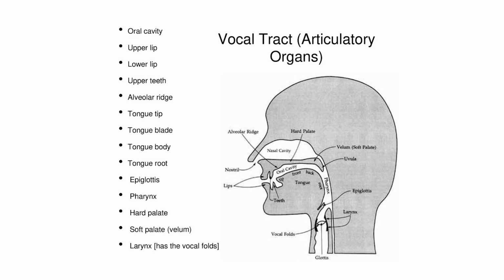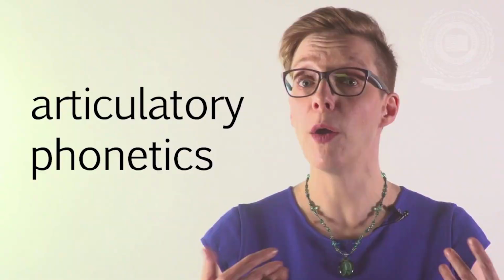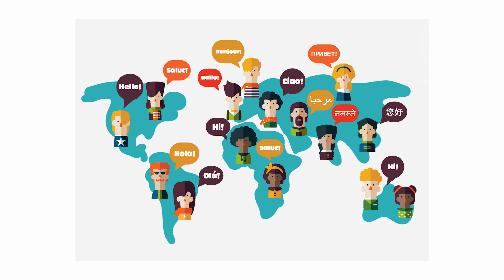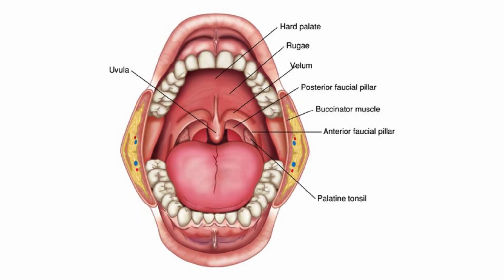Articulatory phonetics studies the way in which speech sounds are produced. Articulatory phoneticians explain how humans produce speech sounds via the interaction of different physiological structures. Articulatory phonetics is the branch of phonetics concerned with describing the speech sounds of the world's languages in terms of their articulations, that is, the movements and or positions of the vocal organs, that is, the articulators.